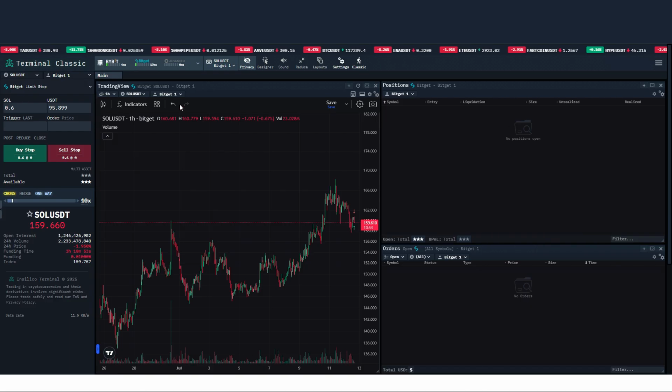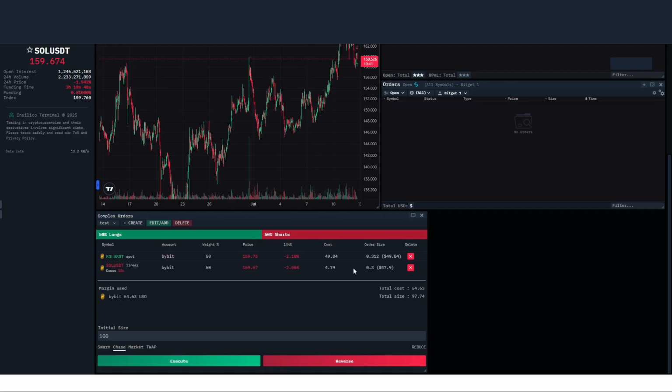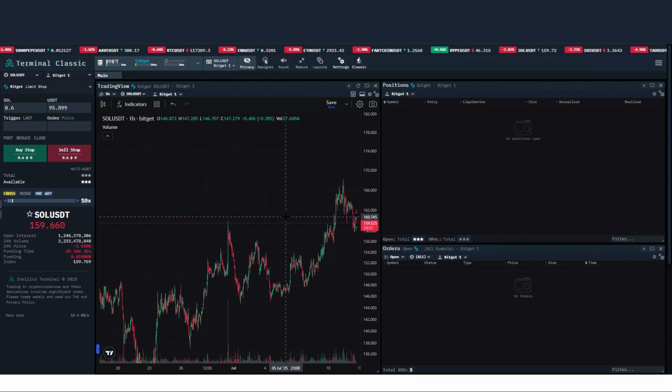I simply have the chart, which, candidly, I don't chart on, but I look at it, and you can drag and move positions around, and I'll show you. Positions are up here, orders are here, and then we'll go into the complex orders at the end. But let's first go into some of these